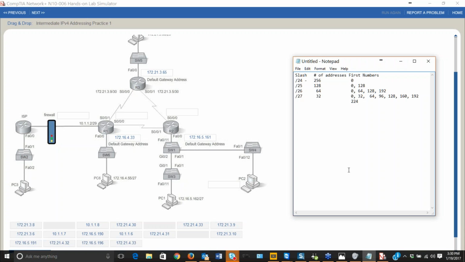So 191 is the, well, 192 is the first address, so 191 is the actual, wait, let me back up a minute. 191 is the broadcast address because 192 is the first available address for the next segment. I was on the right track, I just didn't finish it, all right? So if the range is from 160 to 191,